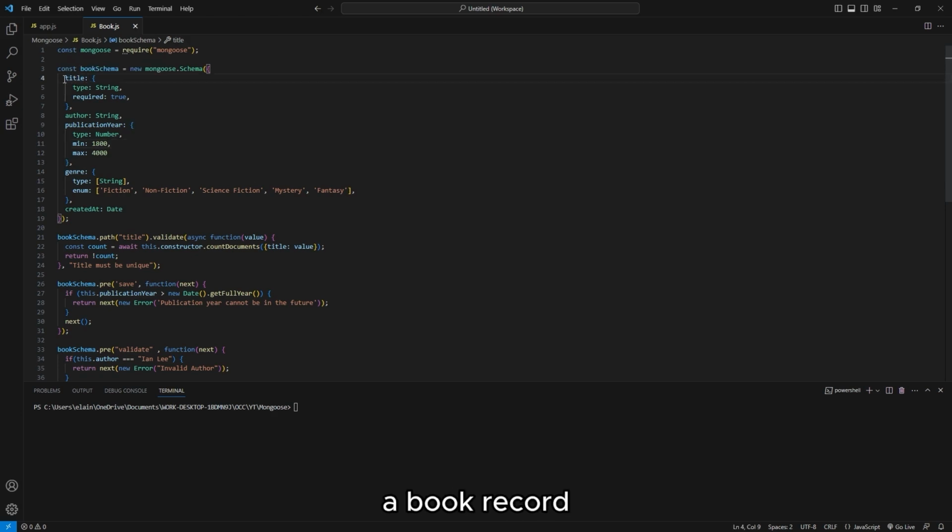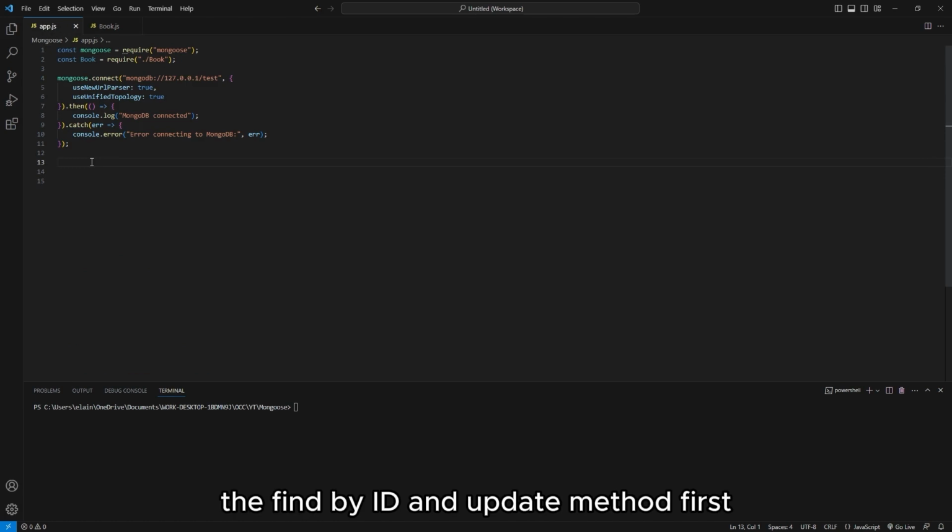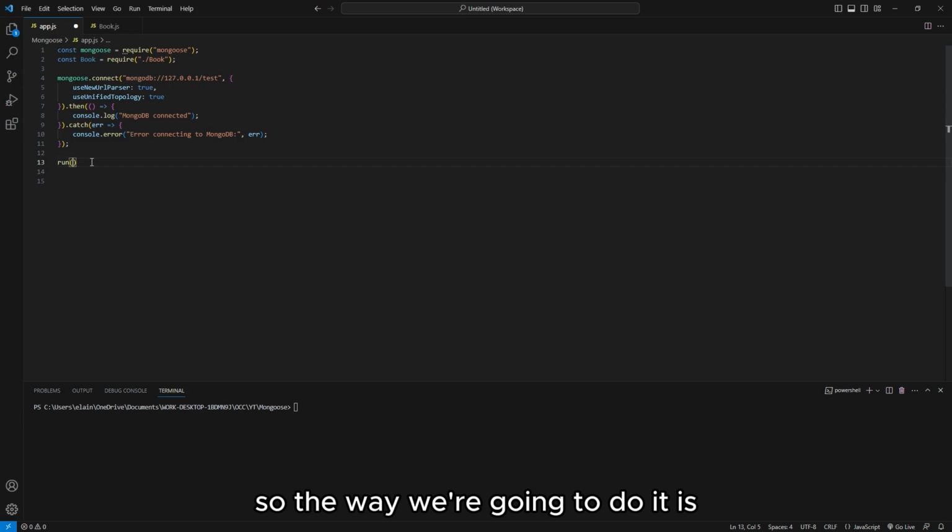So we have here a book record, and we want it to have information such as title, author, publication year, and genre, as well as created at. Now, back to our app.js file, we're going to discuss the findByIdAndUpdate method first. The way we're going to do it is we're going to invoke an async function